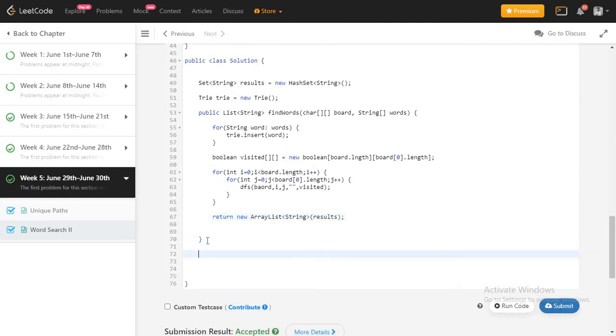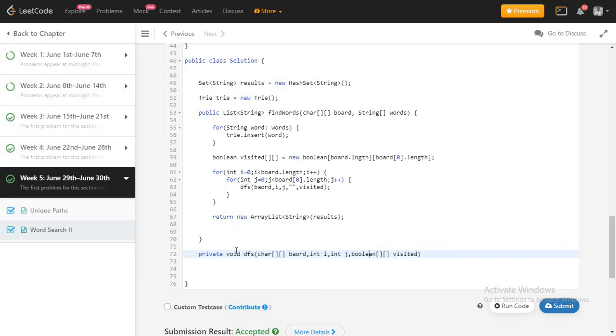Now I am going to write my DFS function to traverse that multi-dimensional array, right? So it should be DFS, and what do I need to pass? It should accept the board array, then the first counter, then the second counter, then the boolean visited array, right?